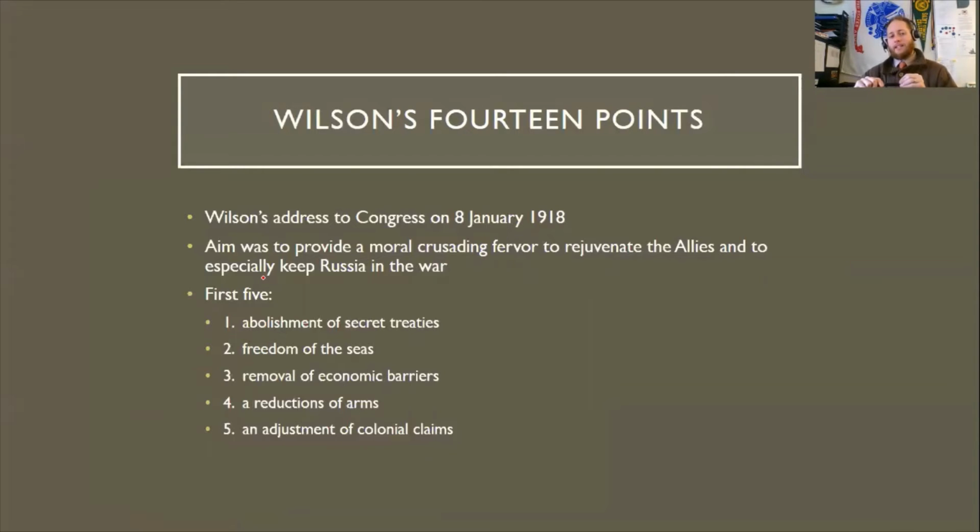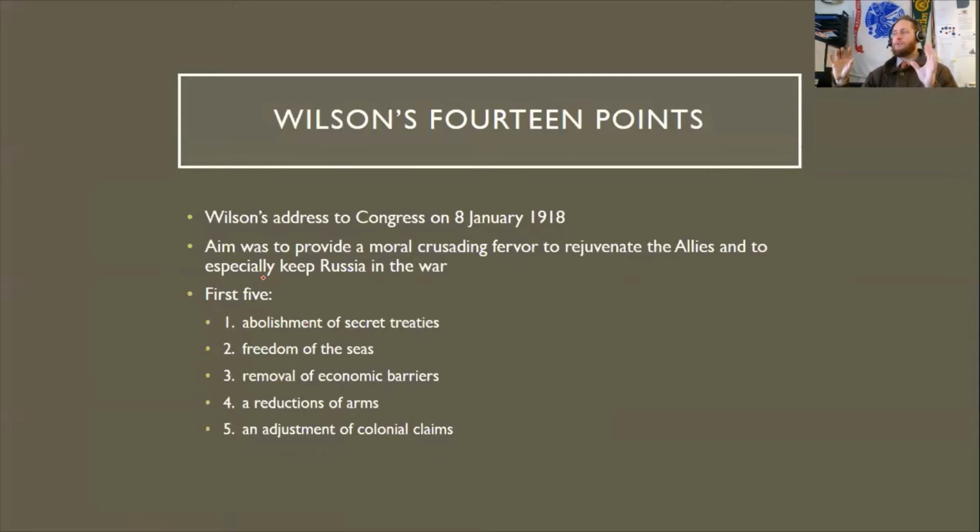In January 1918, Wilson is going to deliver his 14 points. The 14 points had two main purposes. The first one was to keep Russia in the war by saying, hey, we're committed to this cause. We're going to come in, just hang in there a little bit longer, because Russia had been teetering on the edge of backing out. The second aim was to provide a moral foundation for the allies of Britain, France, Belgium,